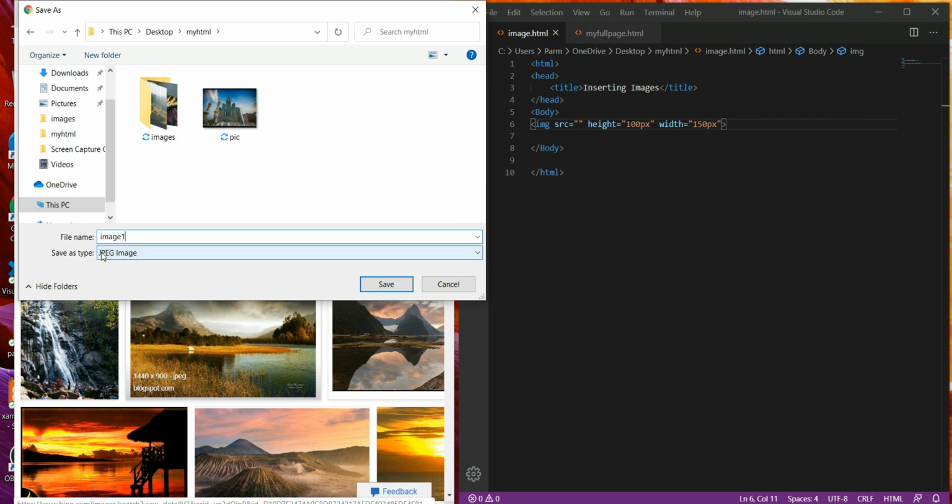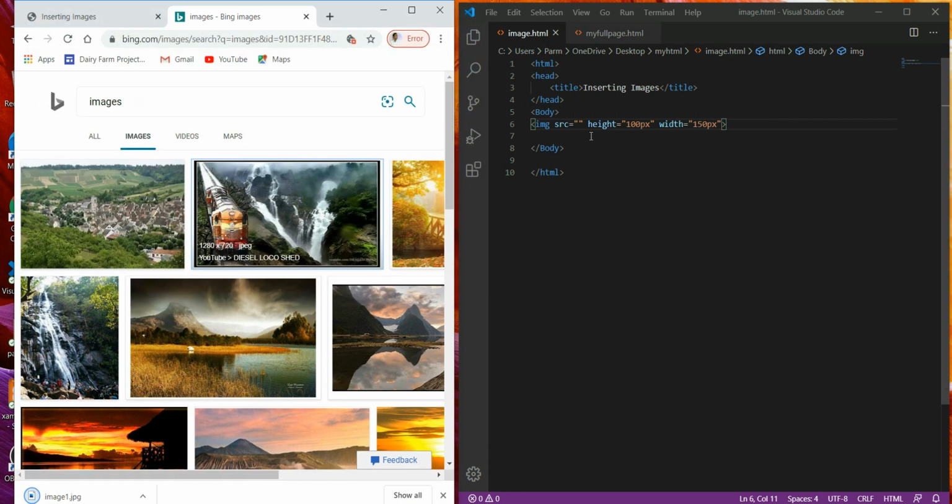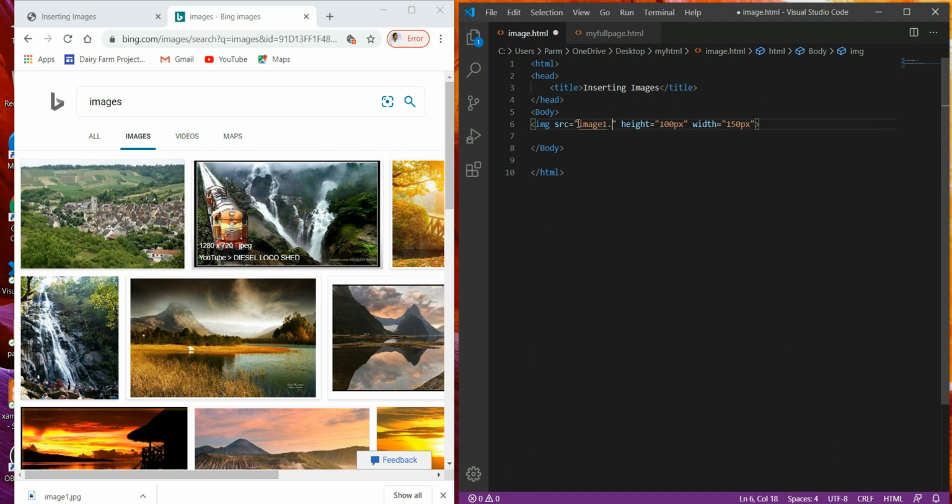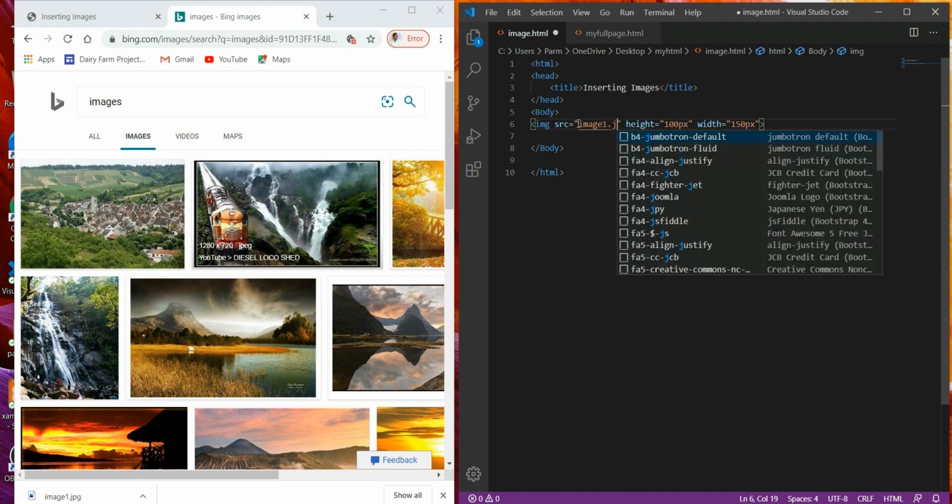The extension of the image is jpeg. That's important in inserting images, because we have to give the fully qualified path for the same. So here we will specify the name of the file. We have saved the file with the name of image1 and with the extension jpeg.